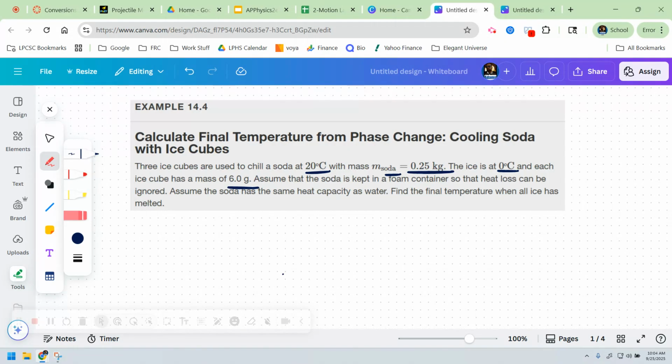The melting of the ice occurs in 2 steps. The first phase change occurs from solid ice, and it transforms into liquid water at a melting temperature. Then the temperature of the water rises, right? Melting yields water at 0 degrees Celsius, so more heat is transferred from the soda to the water until the water plus the soda reaches thermal equilibrium. In other words, we're going to say that the heat of the ice is equal to the negative, or the loss, of the heat of the soda. Okay? And so then the heat transfer from the ice would be